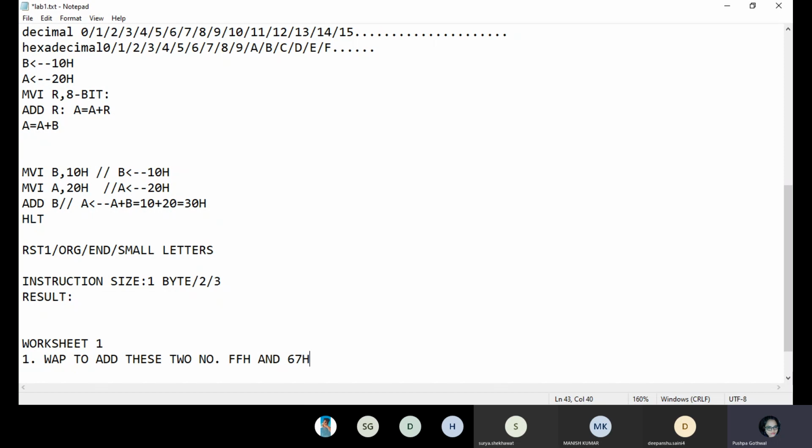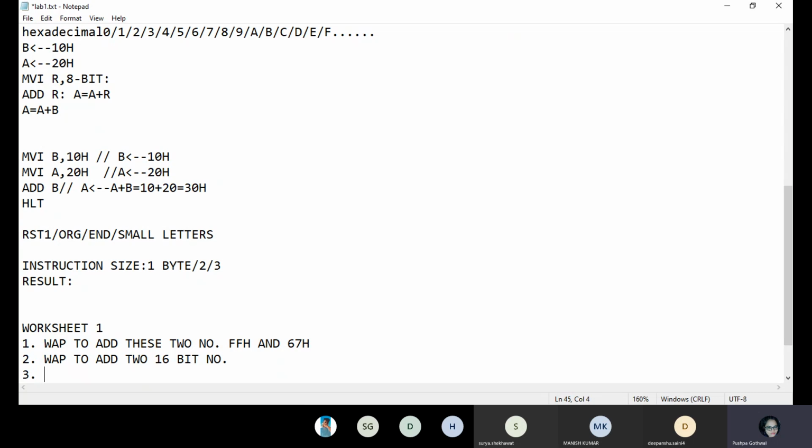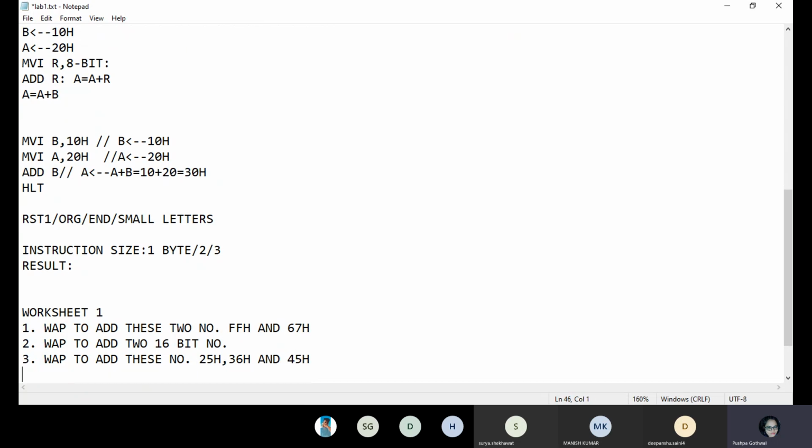Second, write a program to add two 16-bit numbers, and you can take any 16-bit numbers. Third, write a program to add these numbers: 25H, 36H and 45H. You have to add these numbers.